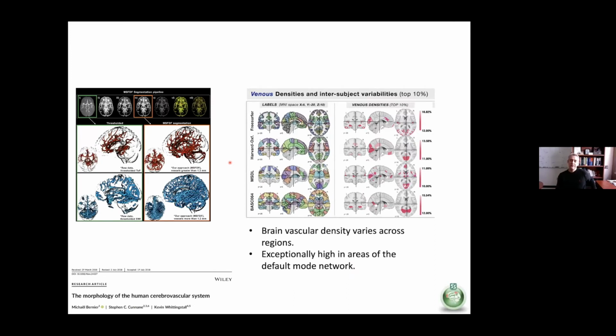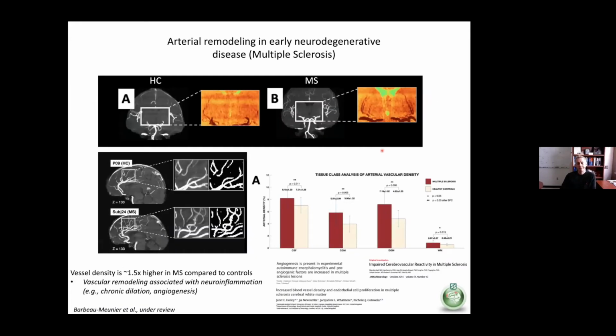The next thing is we looked at the map of these blood vessels. So here on the right is the venous density. So we just literally count the number of blood vessels we see and divide by the unit area of the gray matter mask. And what we found is that the layout of these blood vessels was not homogeneous. We found that the vascular density was actually exceptionally high in some of the most popular brain areas, otherwise known as the default mode network. So the BOLD signal that you measure in these default mode areas is going to be just more sensitive to the vasculature than other brain areas. Now, whether or not that's a cause or effect, that's for later studies to find out.